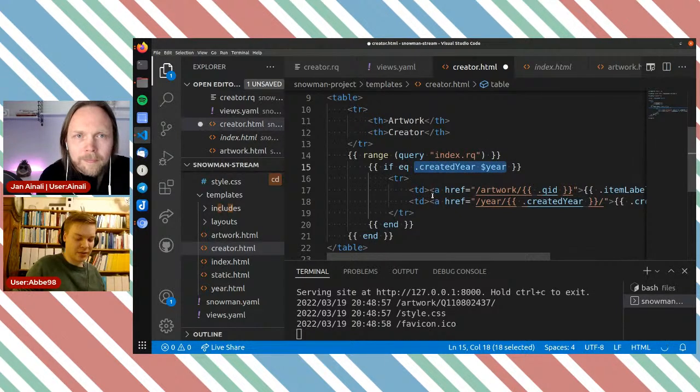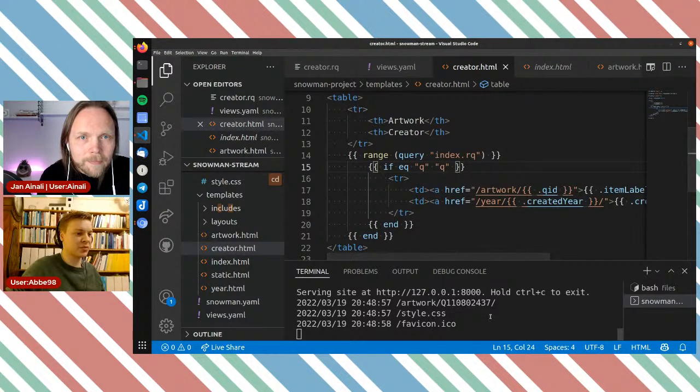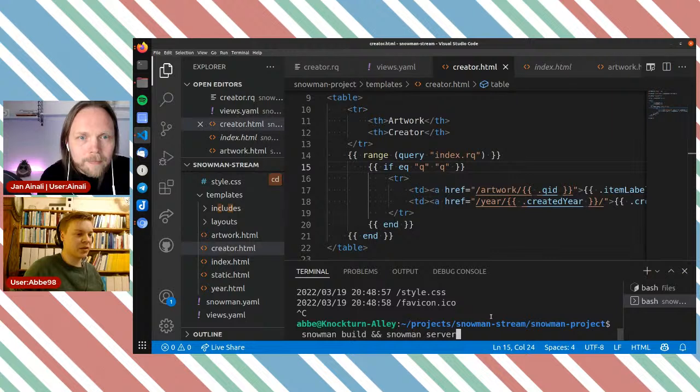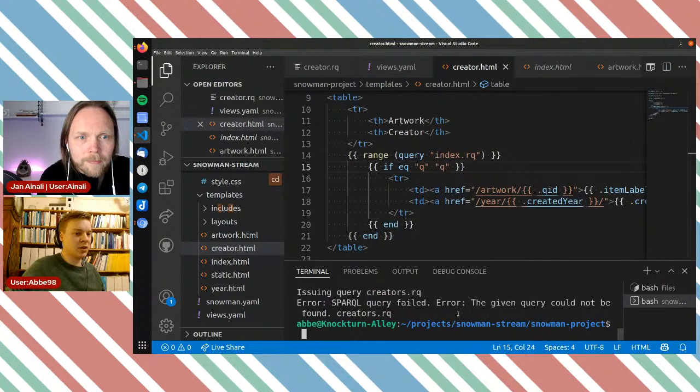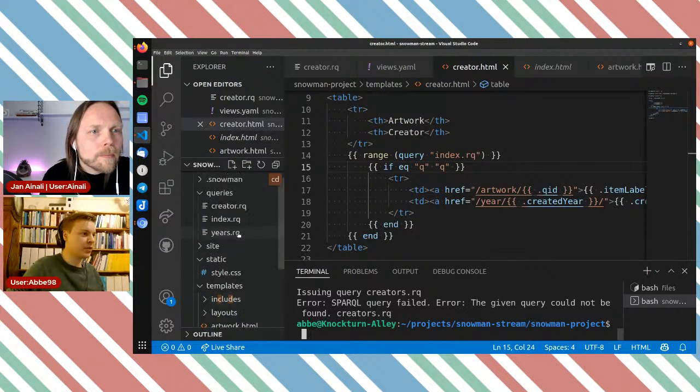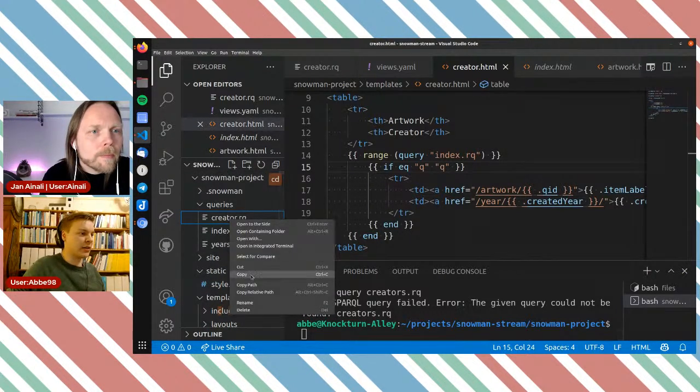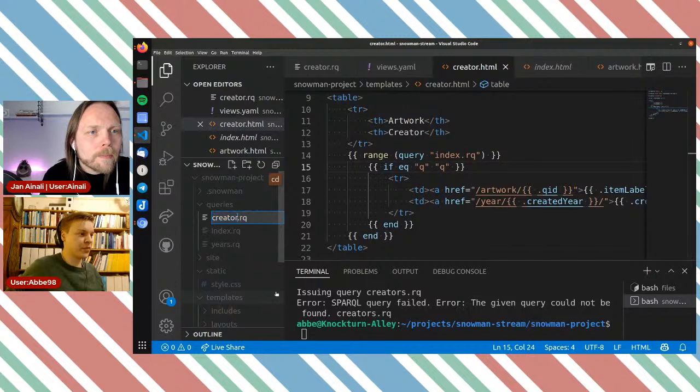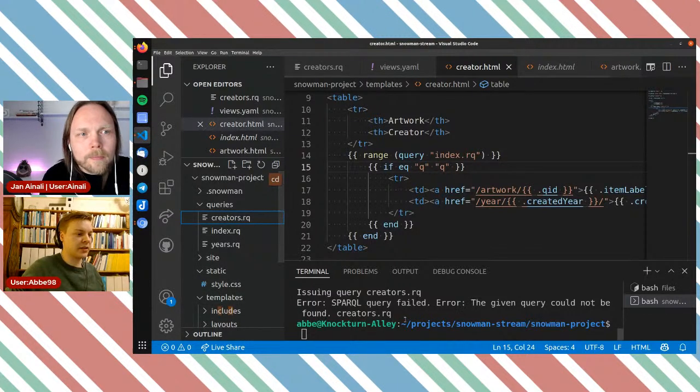So for now, let's pretend that that's not a problem. To ensure that what we currently got works, we're gonna just compare Q to Q. So it's gonna print all again. And oh, the given query could not be found. Creators.rq. That's because I called it creator. Let's call it creators instead then.